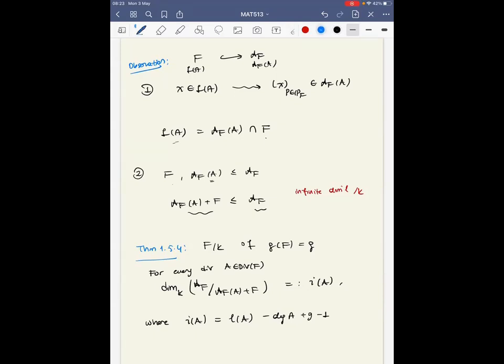But before explaining this theorem and before elaborating its relation with the Riemann-Roch theorem, we will define this dimension of this quotient space as the index of specialty of a divisor A,